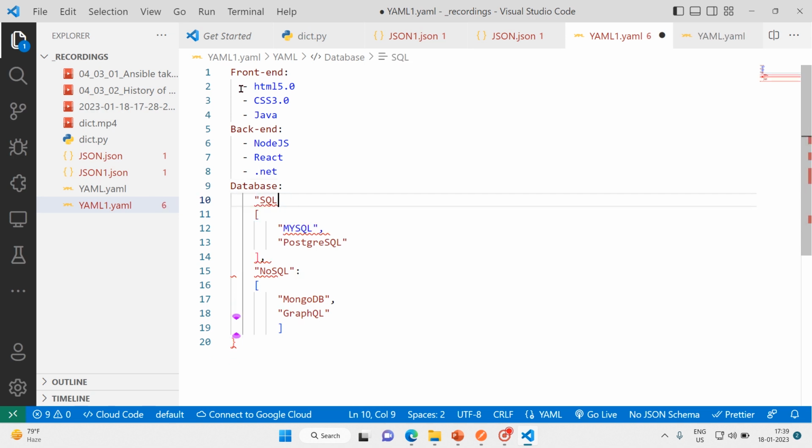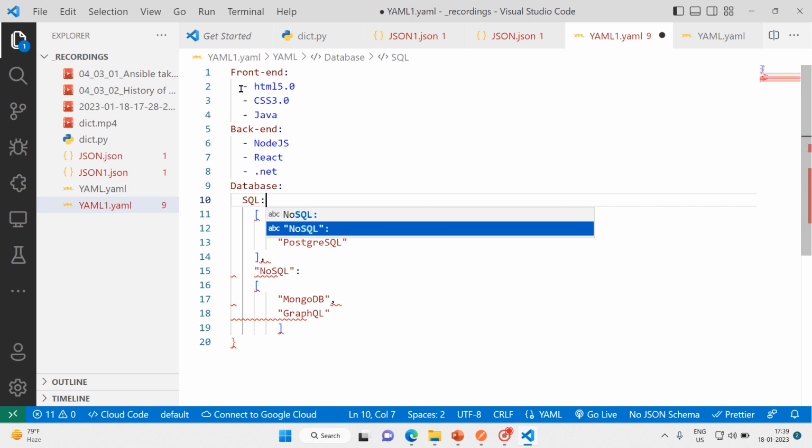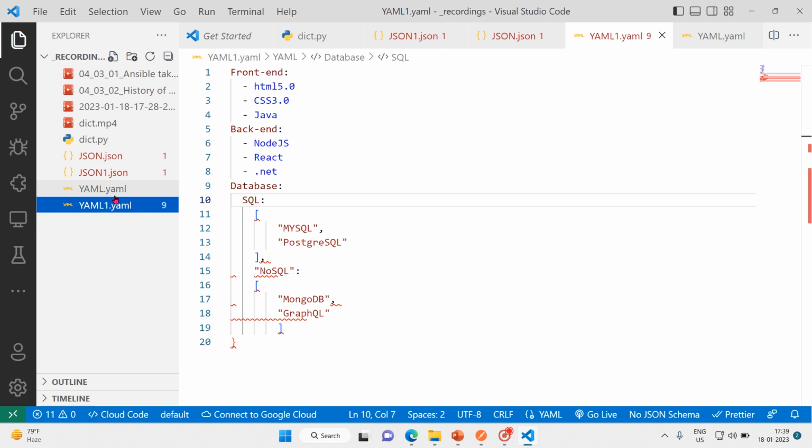Yeah, this is database, and this one is our another key. So that is the reason I'll take it here. SQL. So database, I have SQL, and then